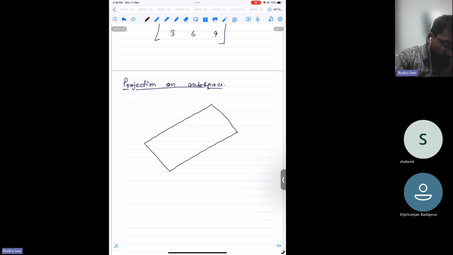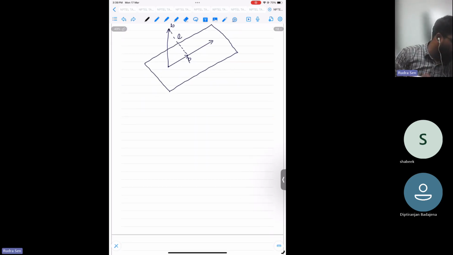And the question is, I have a vector something like that. So this is like the b vector, which is outside this space, and I need to plot it on that space. So this is basically, let's say, my error, and this is basically the small p vector. So for that case,